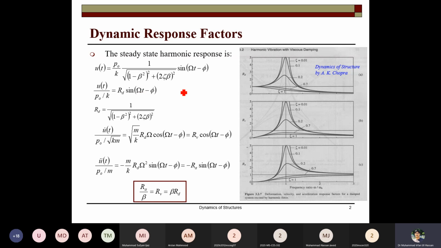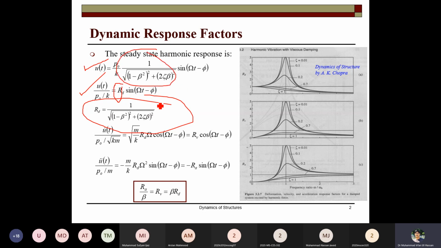So the ratio of the harmonic response to the static response, there are three types of responses. One is the displacement response factor, that is RD. RD is basically equal to this one, because this is the harmonic response divided by the static response. So UT, the response due to the forced vibration, divided by the response due to the static load P naught. So this is equal to this one, and from that we extract the RD value, which is basically